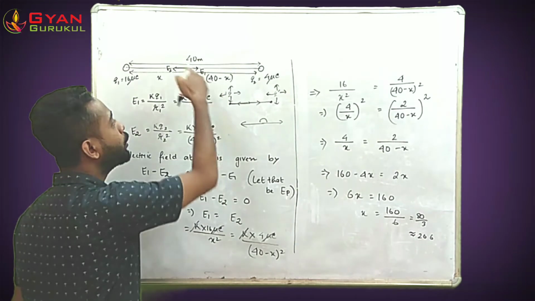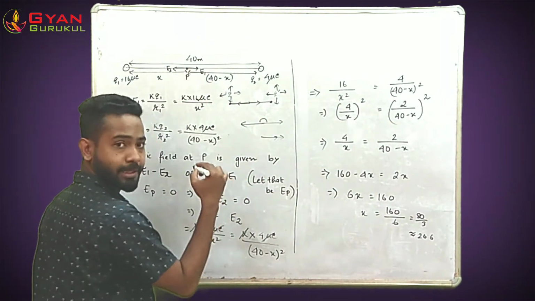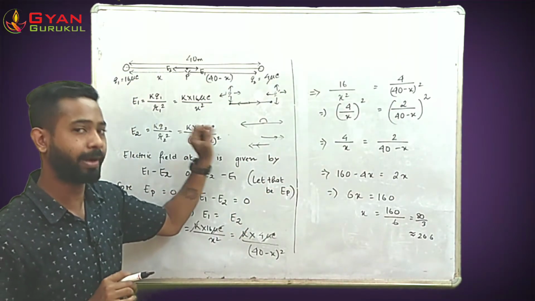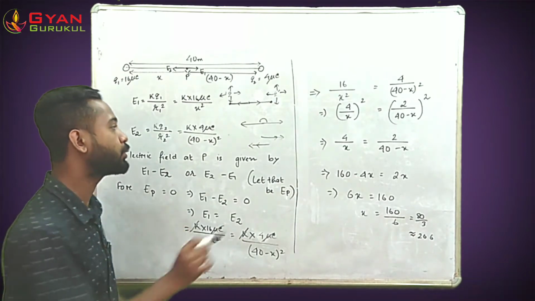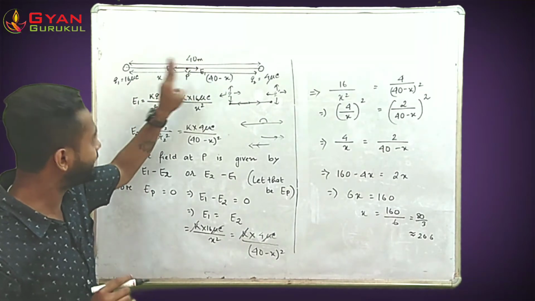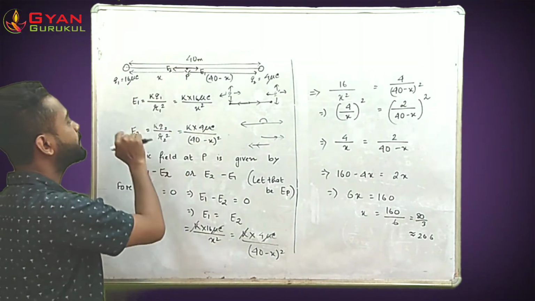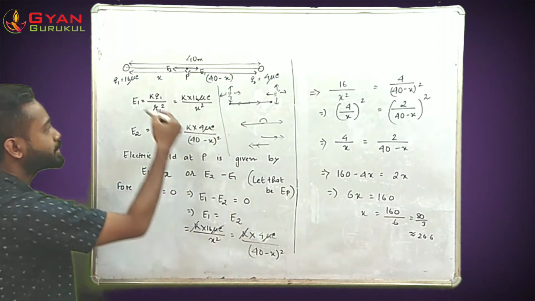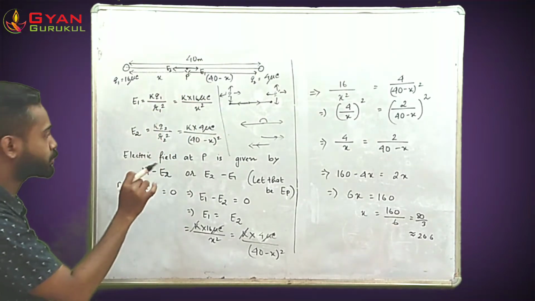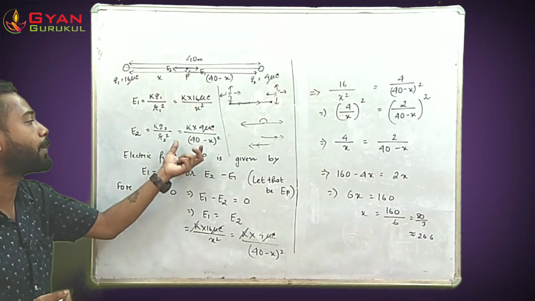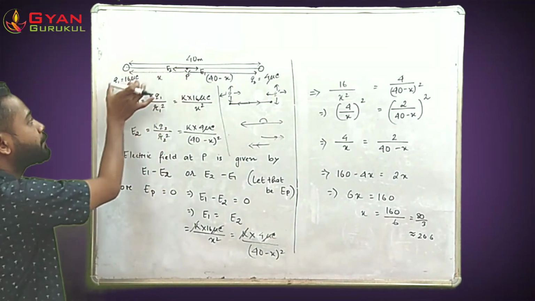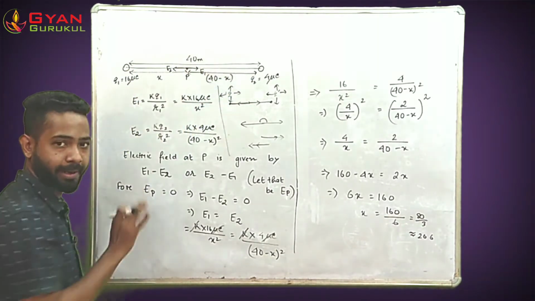Had it been a situation where both the fields would have been in the same direction, then there is no possible scenario where the net electric field will be zero. So it is very important to understand whether that point is correct to be assumed or not. Since this point is the correct assumption, we'll write the expression for electric field. E1 is k q1 by r1 square, which is k into 16 microcoulomb by x square. E2 is similarly k into 4 microcoulomb by (40 minus x) whole square. I have considered point P to be lying at a distance x from charge Q1, hence it would lie at a distance of 40 minus x from Q2.